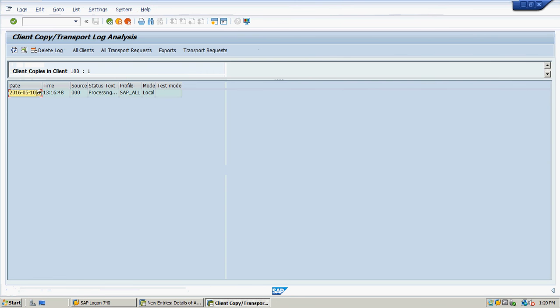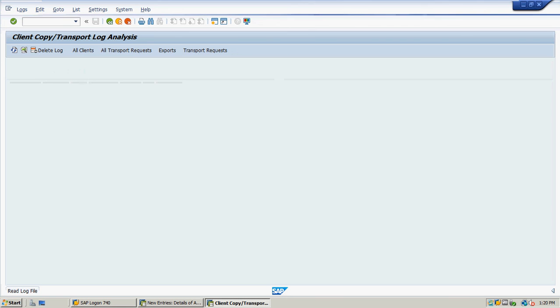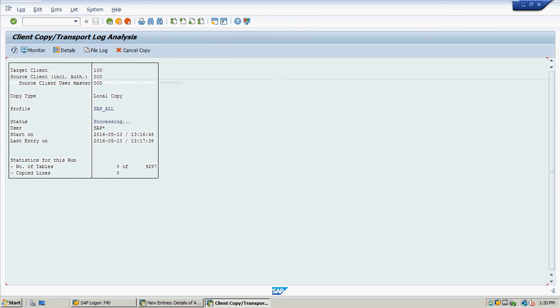Okay, as you can see here, the client copy in client 101, and the source is 000 and it is in processing mode. So let's see the log, what is happening inside, or how many tables it has copied till now. It is still in processing, it has not started copying tables. The number of tables is 9257.